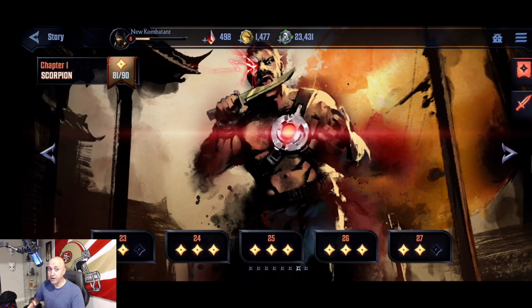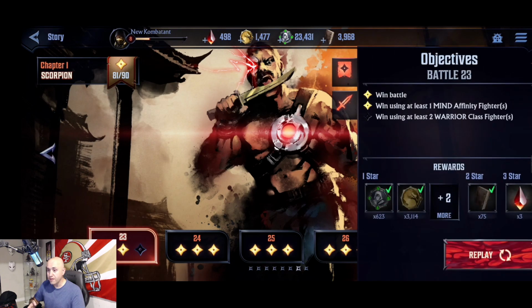Okay, so I fought Kano here in the Black Dragons. If I click here, you need to win using at least 2 warriors to get the 3-star. The 3 stars where the gems are at. I'm missing 2 gems for 500. You can see that right there on the screen, right? On the top. In order for me to get the 3 stars, I needed at least 2 warrior classes in my